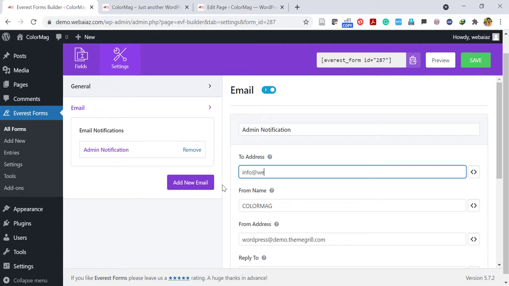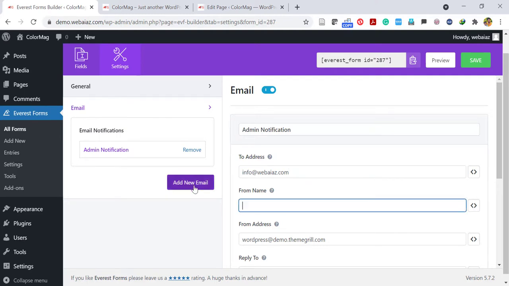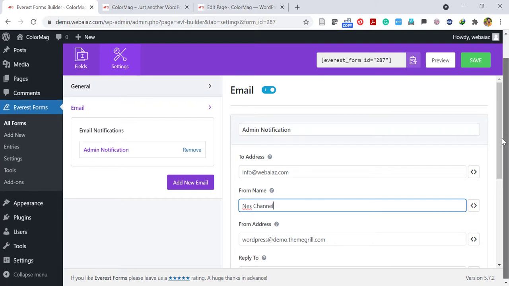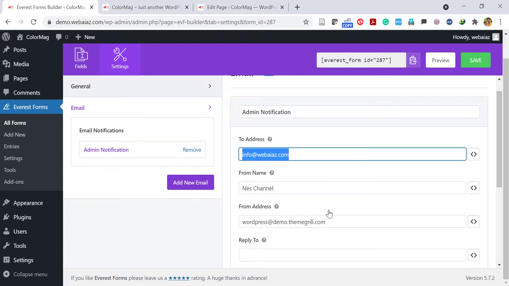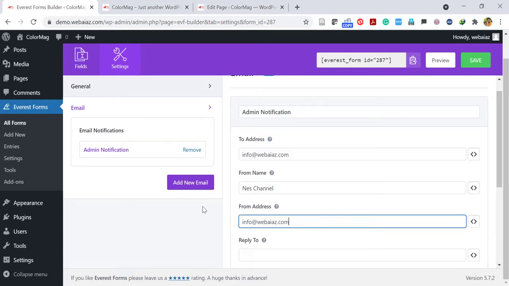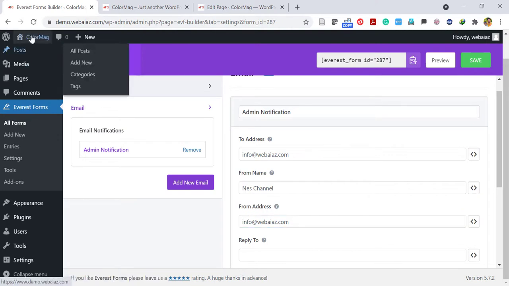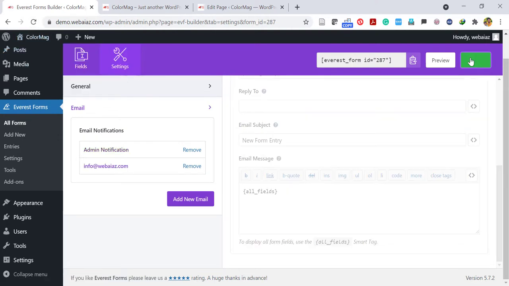If you use a web address like info@webias.com, I just put that. And also the From name, for display purposes, you just change this to Webias, or my website, or the new site's name, you just put it there. And the From address, it's better to remove that one and put your address as info@webias.com. Other things you just keep as default and save the form. So when any customer sends a mail, you will receive the mail at the displayed email address.